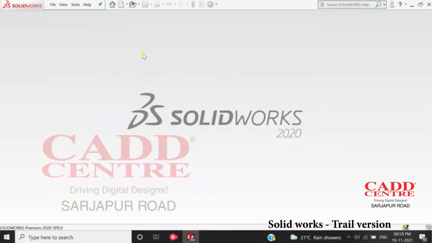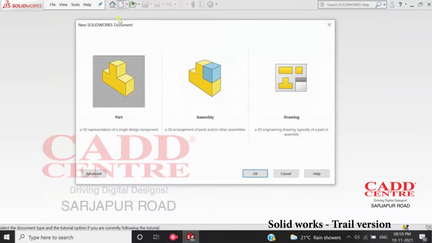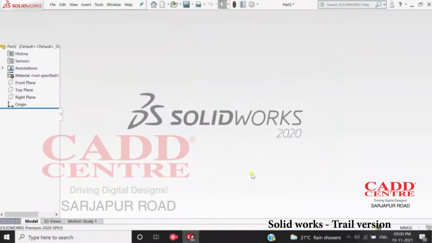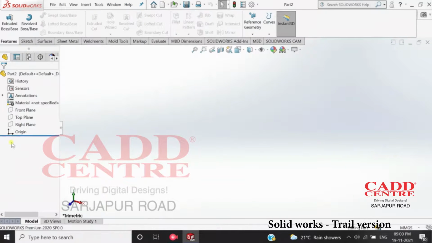So let's continue here. As I click on this part, I get an interface like this. I'll select part because I have to do part design. On the left side, I'll get some information of planes, sketches, and features, as we will do later. So let's start. As I told you previously, cut is a removal of material. So to perform cuts, first we have to create some material.